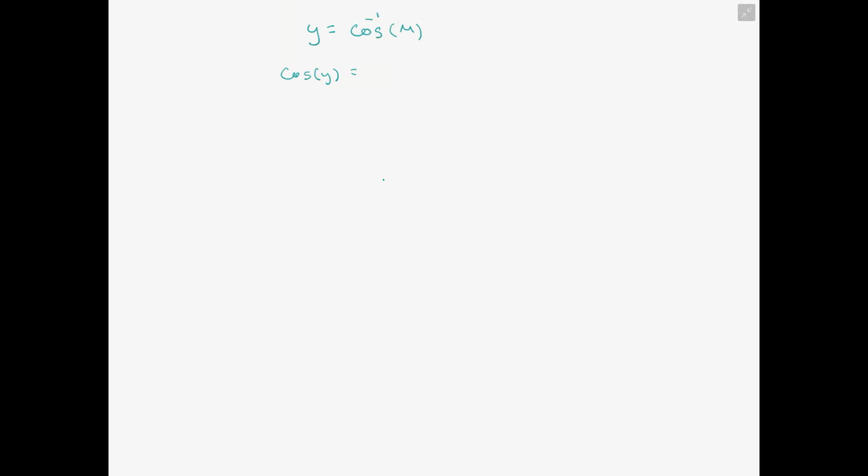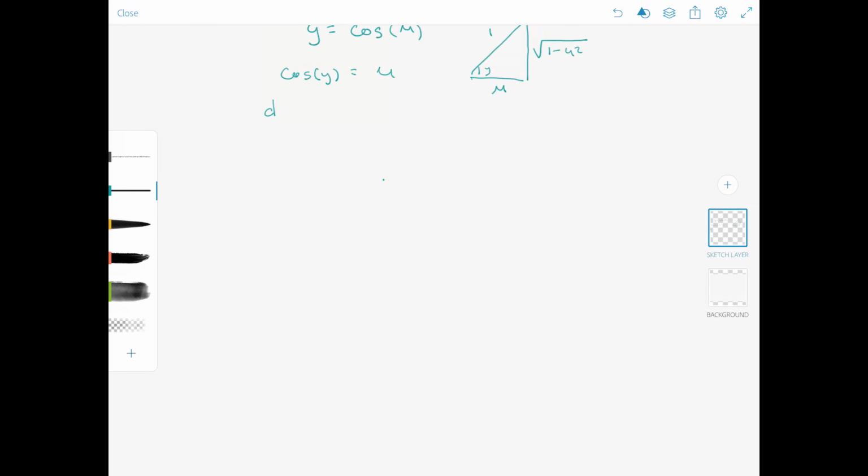Let's say y is equal to the arc cosine of u, and cosine of y equals u. And so we again go to our trusty right triangle. We have our angle y and u over the hypotenuse, and that means we have the square root of 1 minus u squared for the sine,